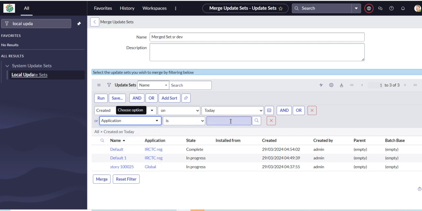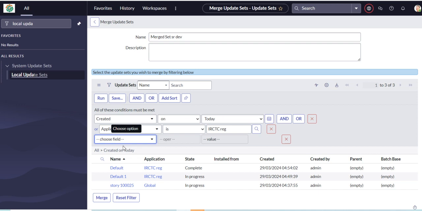Application is IRCTC. Okay, and next, and state is